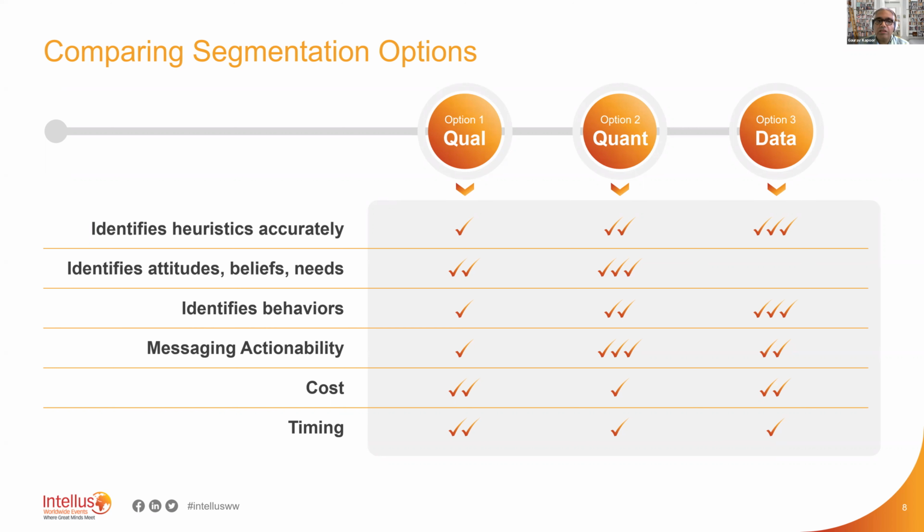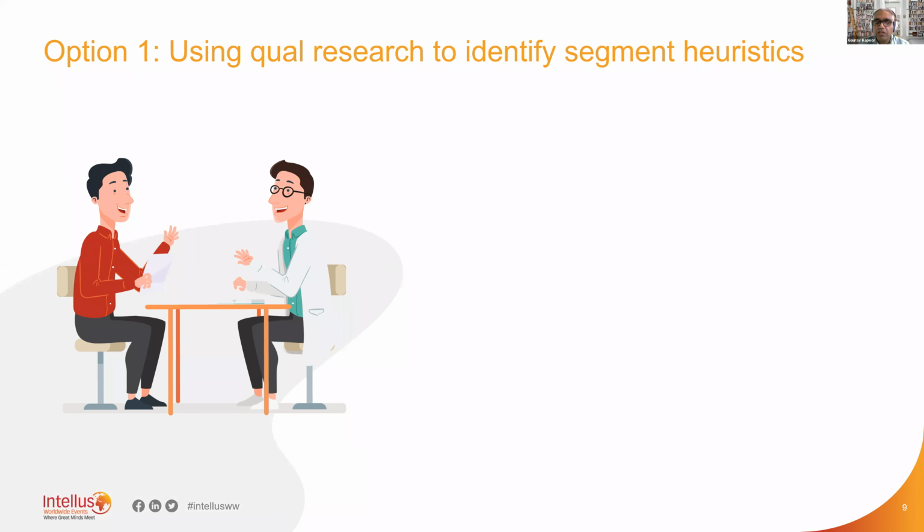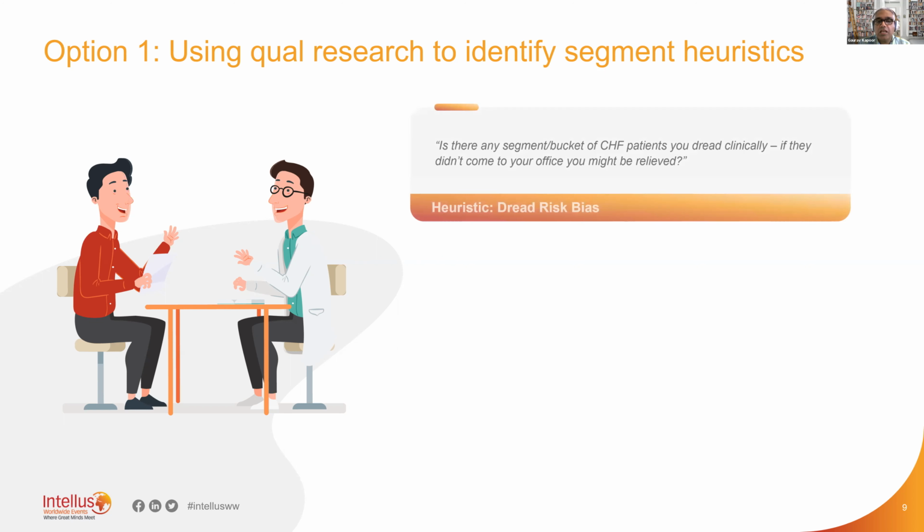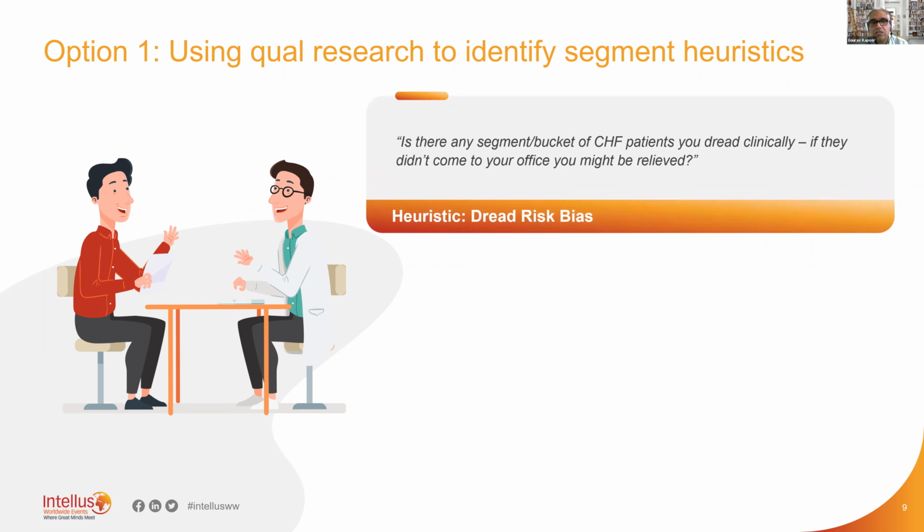But let's take a look at how you would actually do it if you were going to use any of these three approaches. That's more important. If you are going to use qualitative research, let's say you're recruiting 30, 50, 100 respondents, and each respondent is from a behavioral segment. Segment one, for example: based on data alone, you already know this respondent belongs to segment one. You are now trying to figure out what heuristics they're using. How are you going to ask questions? These are examples of how to cleverly disguise survey questions so that the respondent doesn't know what you're up to, but you actually get insights on whether they're using a certain heuristic or not.